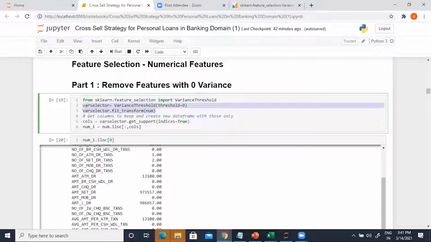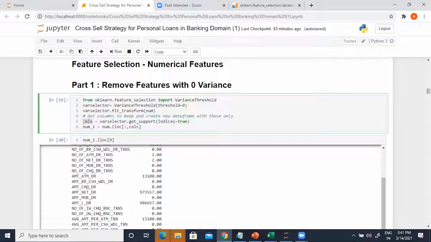Now, when you apply the fit_transform method, as a next step, we can get the indices of the columns to keep. How do we get those indices? We get them through get_support. So if you apply the get_support method on varSelector, you will end up getting a list of all the indices which you can keep.